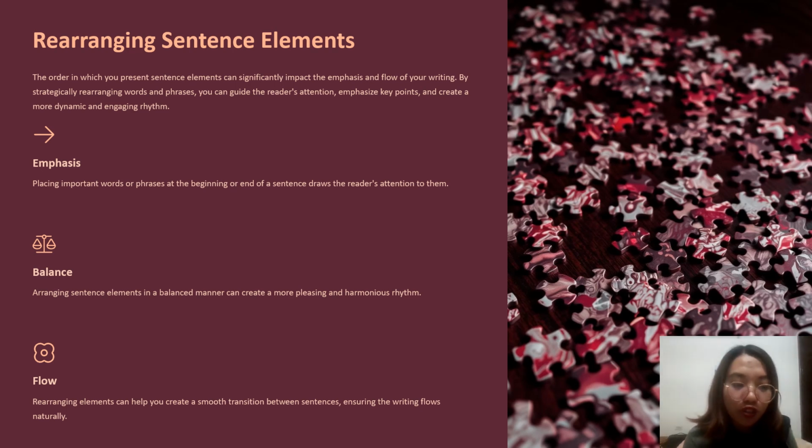And under the flow, we have rearranging elements can help you create a very smooth transition between sentences, no? Ensuring the writing flows naturally. So that's it. And the next one will be